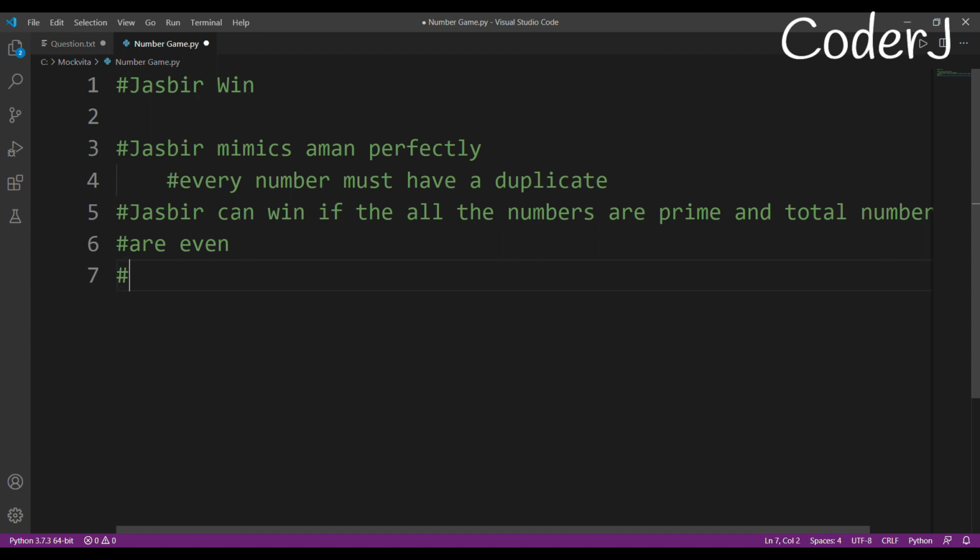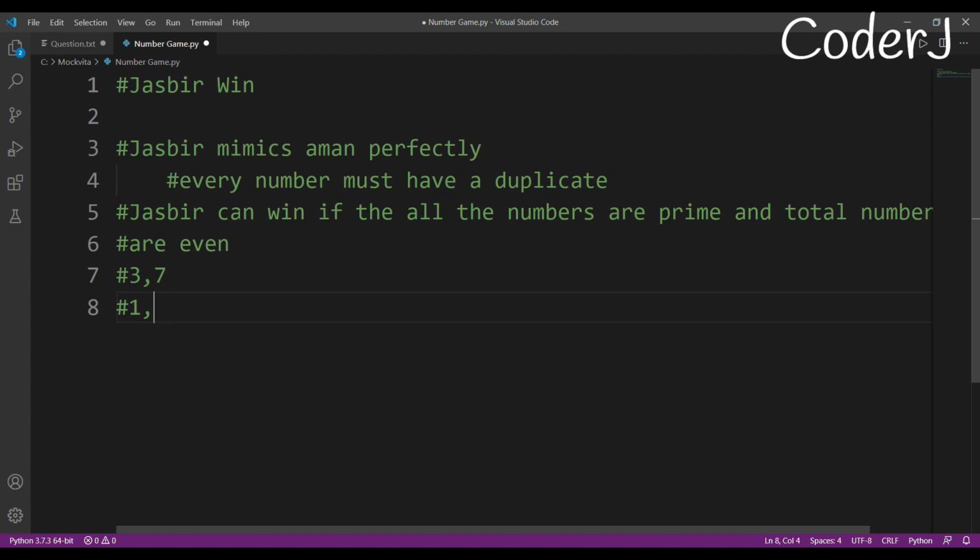Because that is the beauty of prime numbers. Prime numbers have only one divisor other than themselves, and that is one. Take any example, 3 and 7. First comes Aman's turn. Aman can only do one thing; the movements of Aman have so many restrictions. Aman can only turn one number. So Aman turns 3 to 1, and then Jasbir turns 7 to 1. Now we come back to Aman's turn. Aman sees that both numbers are 1 and he loses.